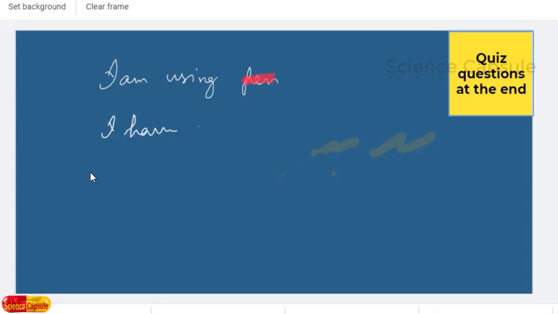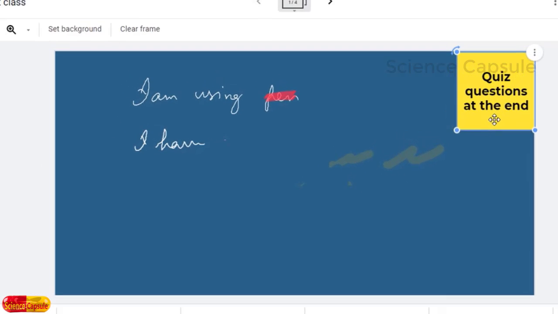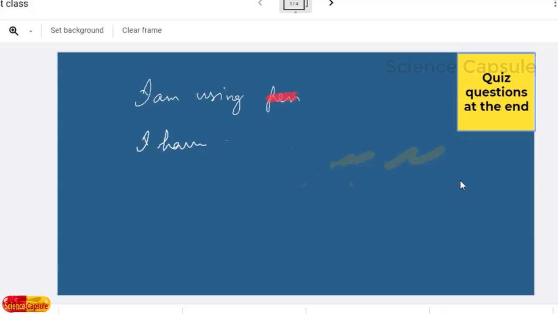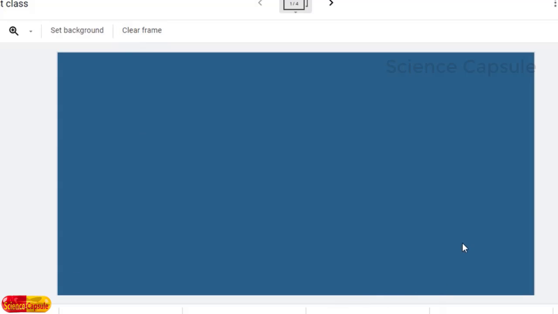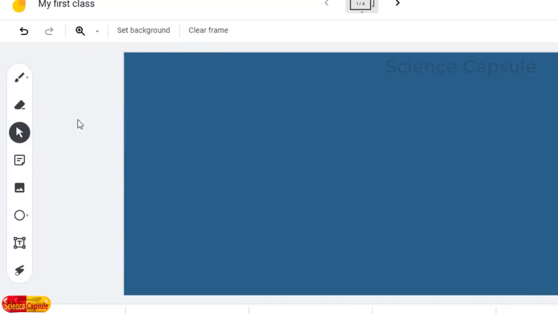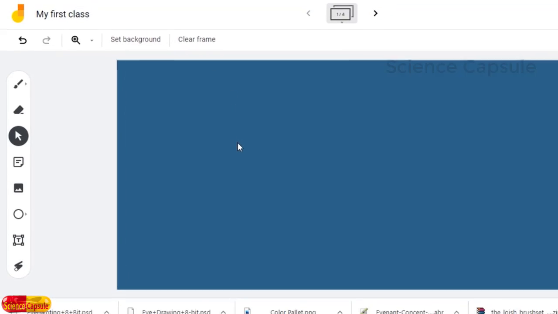So suppose we have written something on the screen. We have some pen tools, some markers, some highlighters, and also some quiz questions, that is sticky notes. If you want to clear all those things, then you can click on clear frame. When you click, whatever exists on the screen will be removed by clicking on clear frame. So to clear individual content, you will use the eraser option. If you want to clear the entire screen, then instead of using the erase button, you can go for clear frame. So I am undoing it.